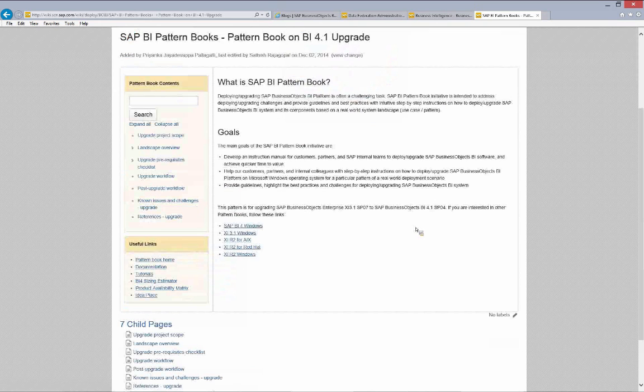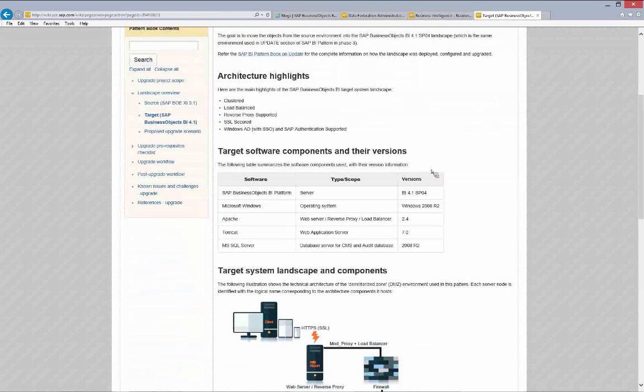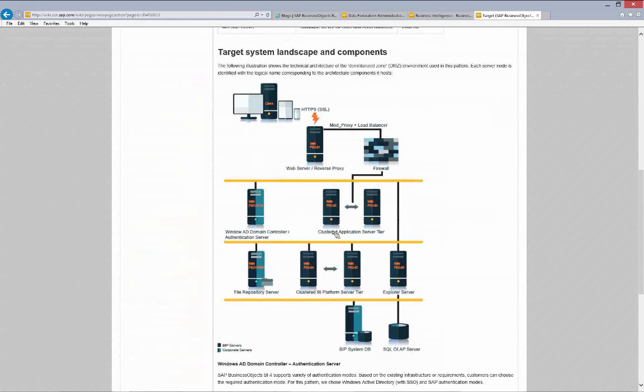If I was to click on this link here now, then you get a very neatly organized project, and if I was to just click on this illustration here of landscape overview, and if I were to click on the target, it will show me a schematic of